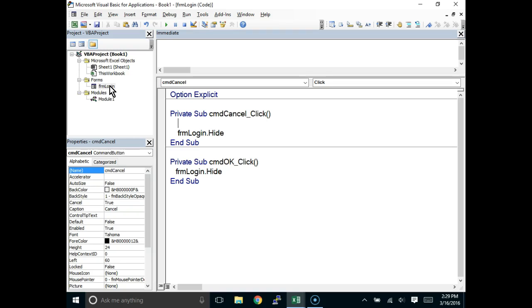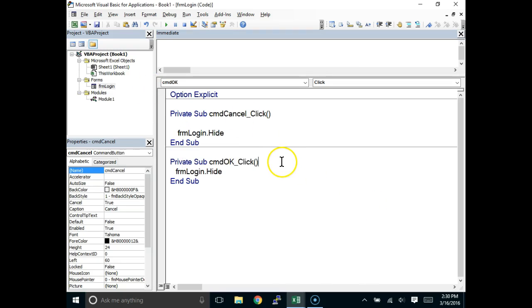I would have to change every reference to it. So instead, there's a synonym that I can use that says, you know what, I don't care what the name of this form is, just the form that this code is on. Kind of like ThisWorkbook. I don't know the name of this workbook, whatever workbook this is. Whatever form this is, the synonym is called Me. Me dot, and then you'll see the same choices. So I could say Hide here. In fact, I will do that